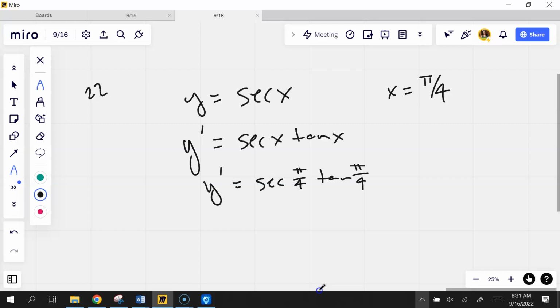Secant, remember, is 1 over cosine. So if I'm at pi over 4, and this would definitely be a non-calculator problem because these are real easy unit circle values, what is my cosine value there? The 4s are easy, y'all. Square root of 2 over 2 for both cosine and sine, but I need to flip it, right? So if I got square root of 2 over 2 and I flip it, then that becomes 2 over square root of 2, which is